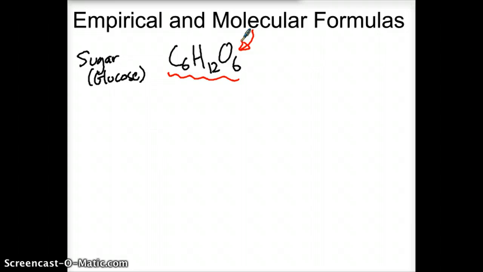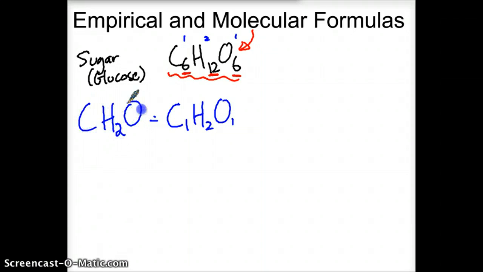Because if we look at the ratio of these atoms, for every 6 carbons, there's 12 hydrogens and 6 oxygens. If you look at those numbers, we can actually reduce all of them. They can all be simplified. In fact, if we simplified every single one of these, this comes down to a 1 to 2 to 1 ratio. So if we rewrote this formula in its simplified form, we would have C1H2O1, which would also just be CH2O. So what I've written in here in blue would represent the empirical formula